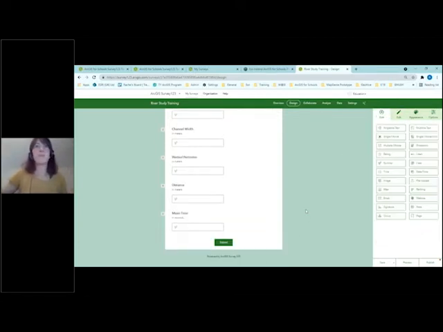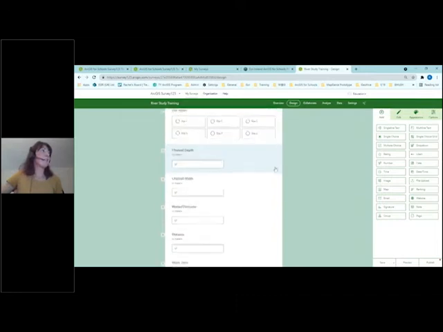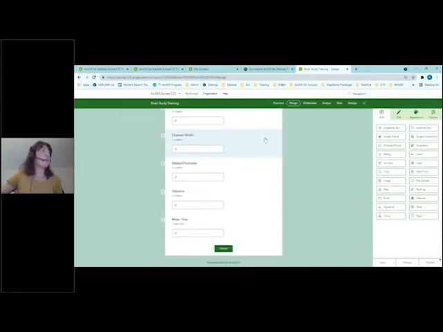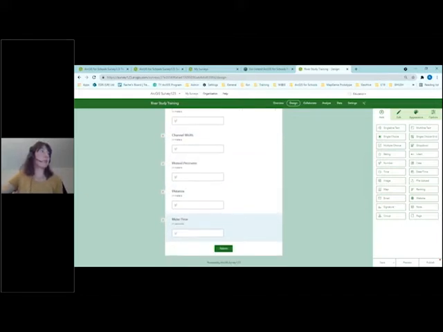Okay. So that means now we have our first question to say which site are we at. Then we have 5 numeric questions so that we can enter in the depth, width, wetted perimeter, distance, and mean